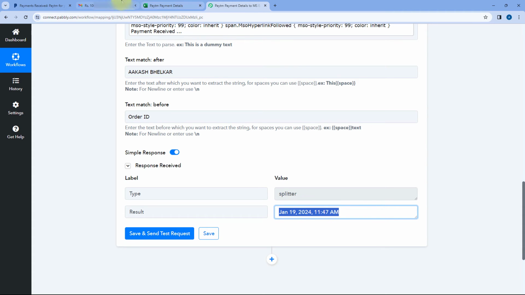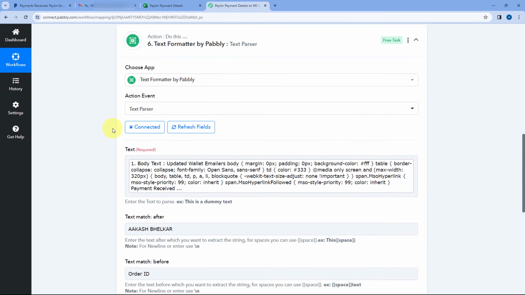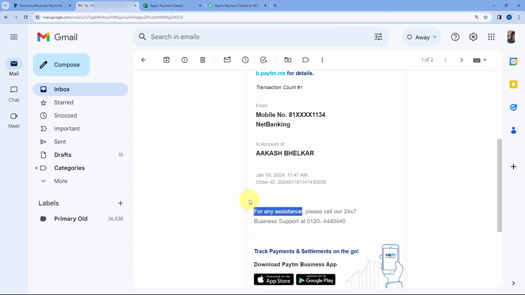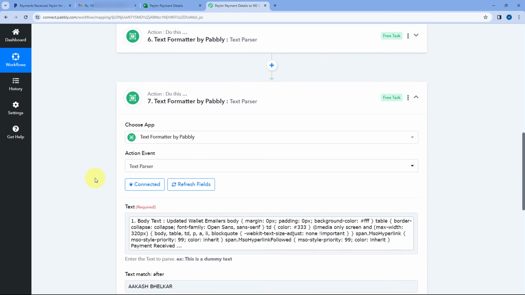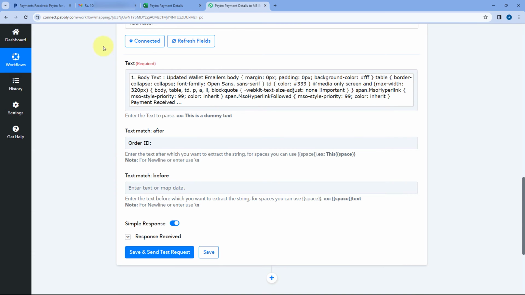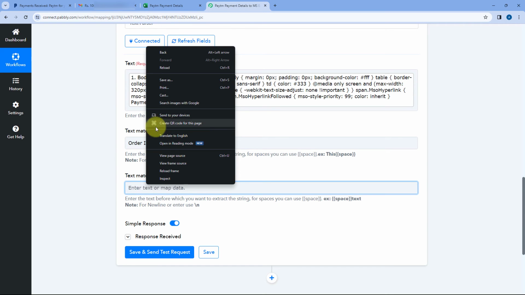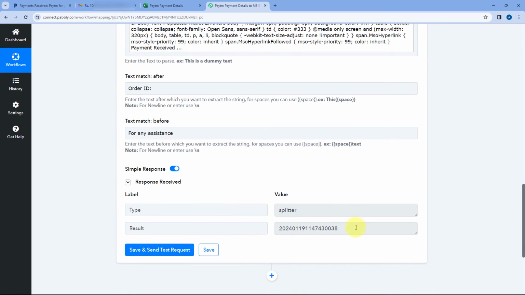After receiving the date and time, the last detail which we want to receive is the order ID. So order ID is written after order ID colon and before for any assistance. So here what we are going to do, we will just clone the exact same step once again for the last time. Just clone the step and then we are going to write order ID as text match after. Because we want to get the order ID written after order ID, here we will just write this. And here in text match before, we are going to write this particular text, for any assistance. And that is it. Click on save and send test request, and in response, you can see the order ID